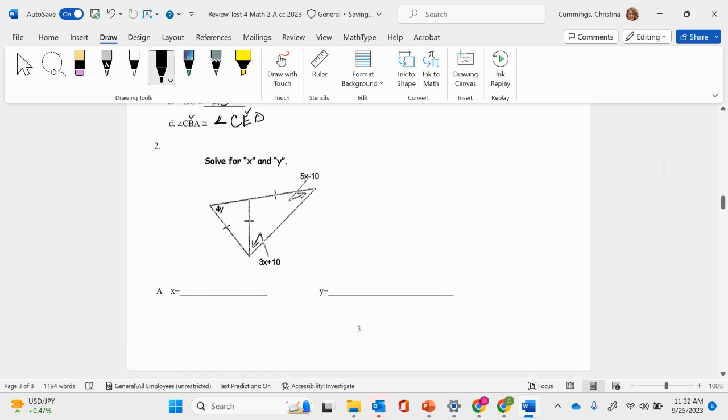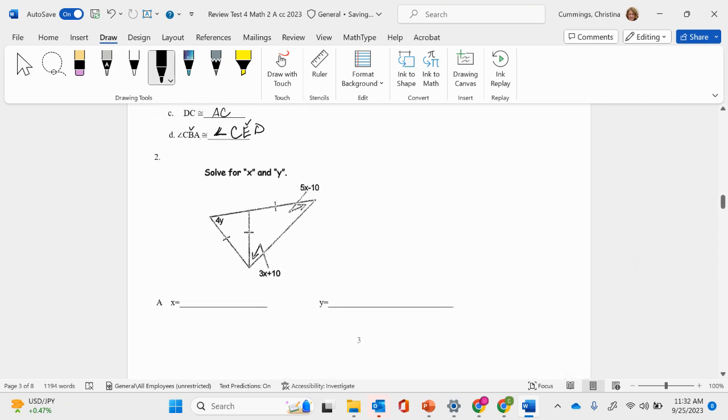Okay, last question on page 3. They want me to solve for both X and Y, and I have a triangle that has two congruent sides here. This is triangle A, we'll call him, and triangle B has two congruent sides here. Okay, so let's solve for X. What jumps out at me right away